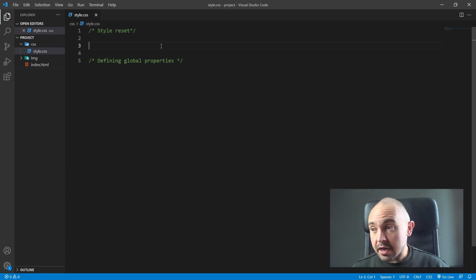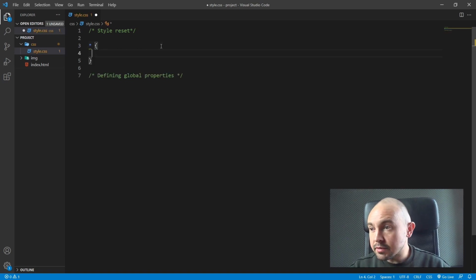This is something that I do at the beginning of every project I make, so it might be useful for you as well. The first thing we need to do is the style reset, and I'm using the asterisk symbol for it. As you may know, asterisk means take all the elements. So the browser is taking every element separately and set these properties with these values, which are included in this